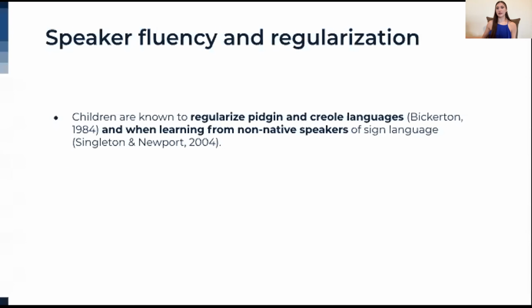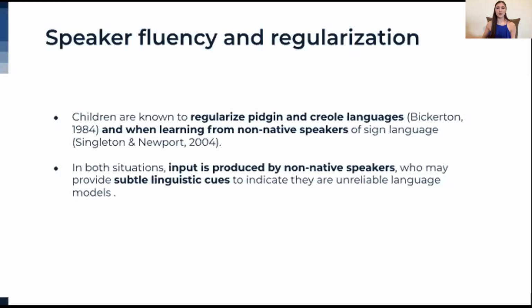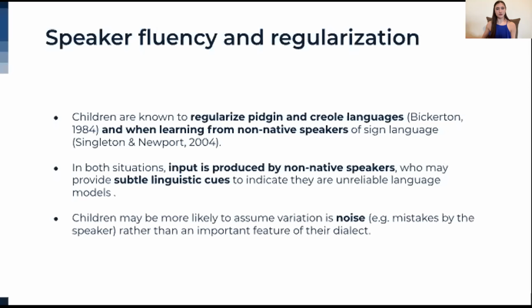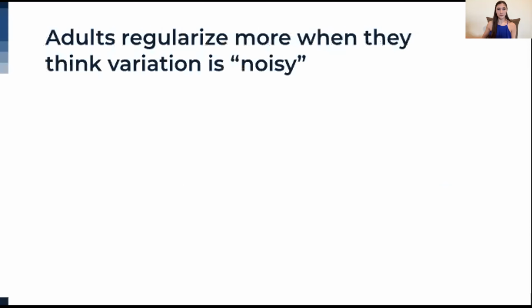Children are known to regularize Pidgin and Creole languages and when learning from non-native speakers of sign language. In both situations, input is produced by non-native speakers who may provide subtle linguistic cues to indicate their unreliable language models. Children may be more likely to assume variation is noise or mistakes by the speaker rather than an important feature of their dialect. There is at least some evidence that adults will regularize more when they think variation is